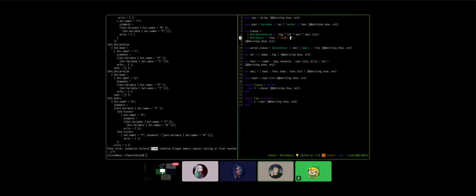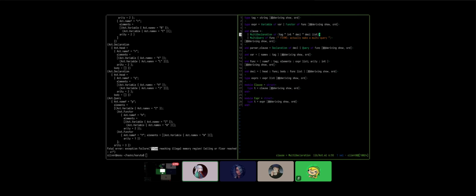Wait, yeah, but here's the thing. Instead of having a multi-query, what would be the semantics of that? Conjunction or disjunction? It needs to match all of them. So it's a conjunction. Let's just call this conjunction instead of multi-query. But the distinction here is between a query and a declaration.